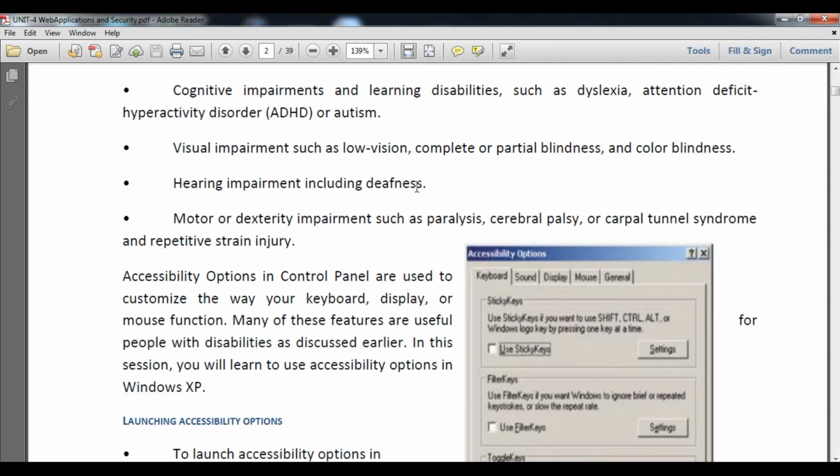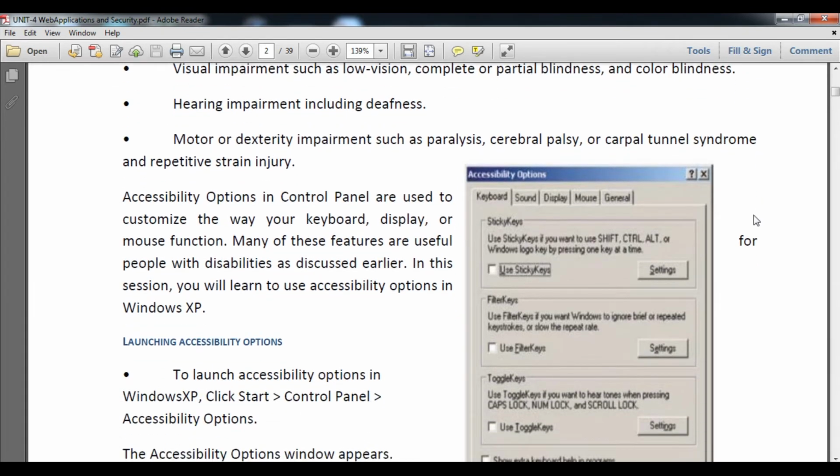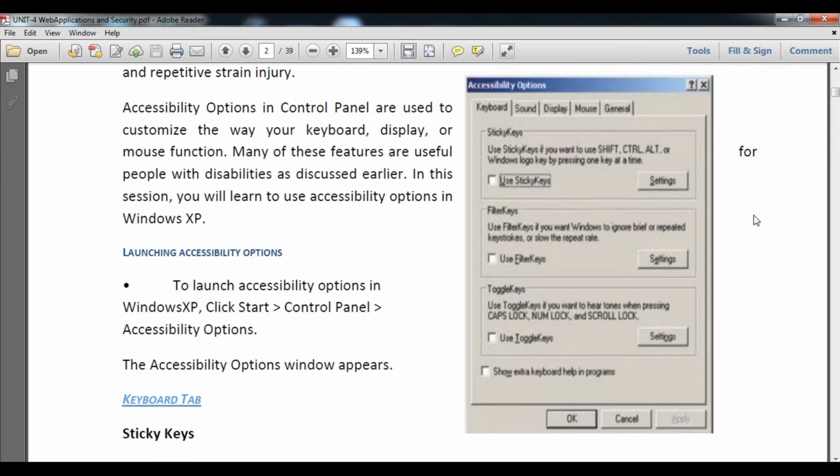Hearing impairment including deafness. Next, motor or dexterity impairment such as paralysis, cerebral palsy or carpal tunnel syndrome or repetitive strain injury. So here are some impairments and diseases.